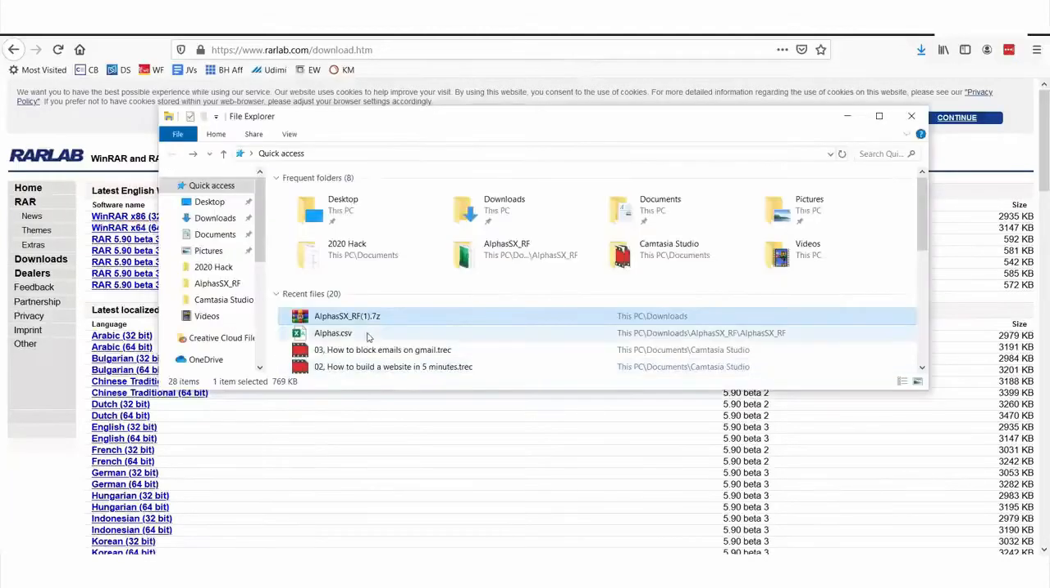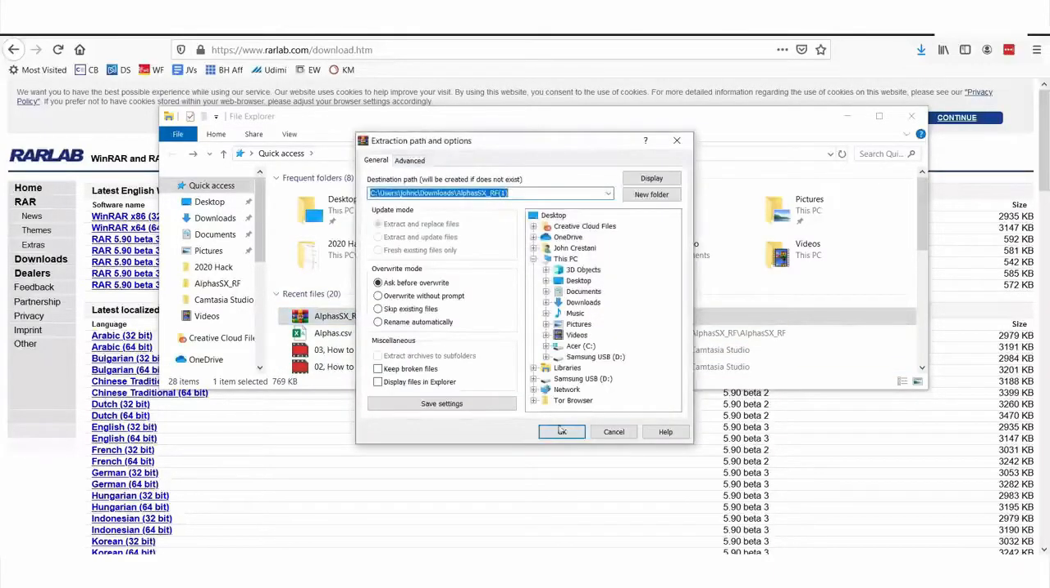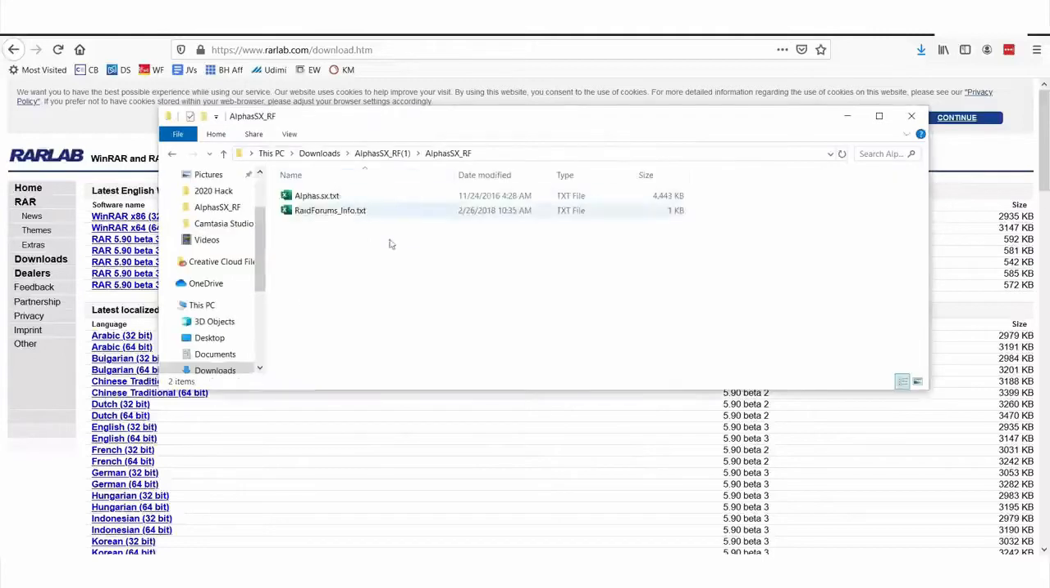Now once you've downloaded WinRAR and installed it, you will be able to open up this file, which is the database I downloaded. Here I am, I'm just gonna extract to my downloads and open up the folder, and you'll see here that we actually have a file, but it's a TXT file, which means it's a tab separated